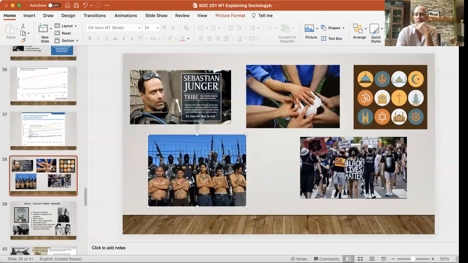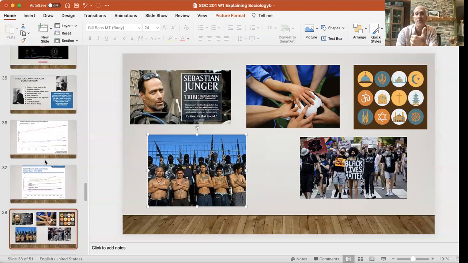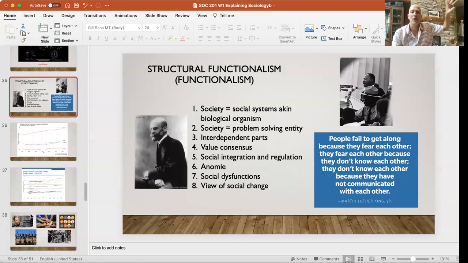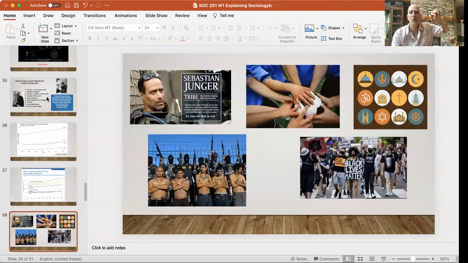Gangs, this is just an image of a gang. Gangs are a functional adaptation to a dysfunction in the environment. One way to think about gangs is that people are in a community where they've been disengaged, where they've been disenfranchised from the larger social world. They form their own social community in order to become integrated, to have a sense of position, of value and belonging. Maybe gangs and sports have some similar functions going on within them.